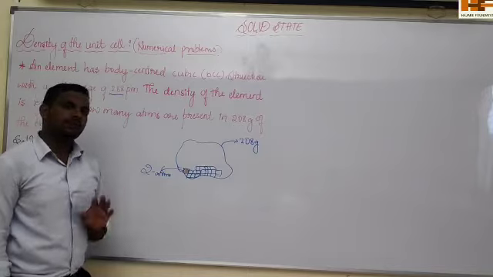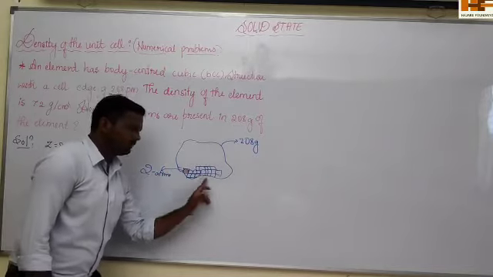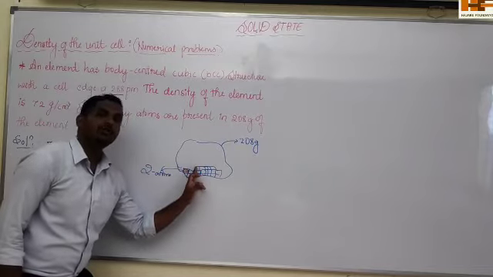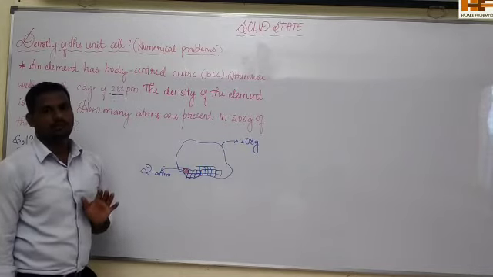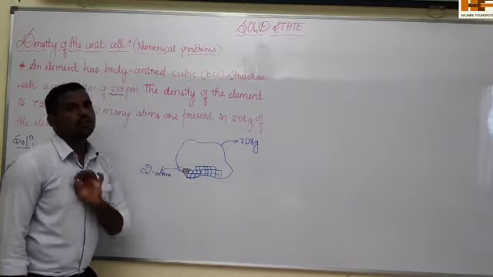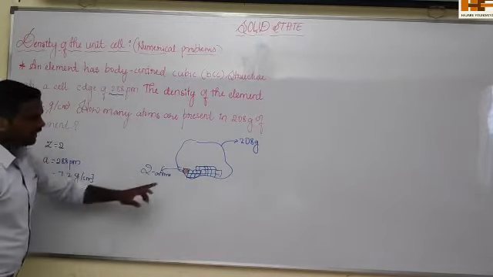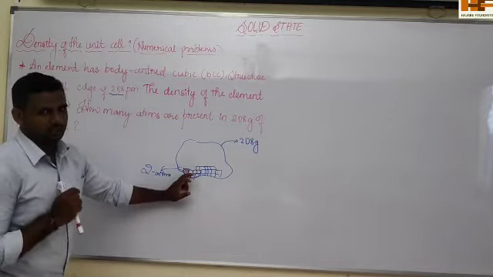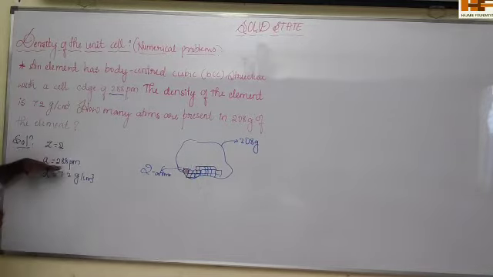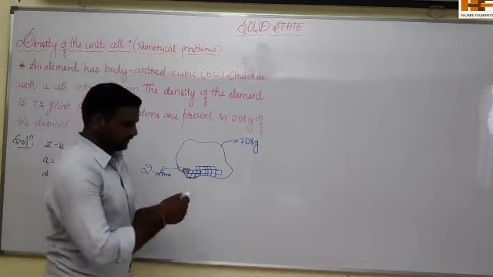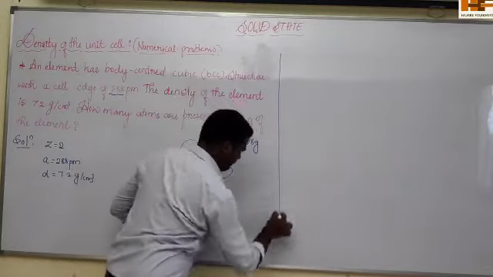For that, I should find out first the volume of this whole element. After that, the volume of this unit cell. That is also an important one. To find out the volume of the unit cell, what is the requirement? I have to find the volume of the unit cell by using the edge length. They are given the edge length here. So the edge length is 288 picometer. For that, I can calculate the volume first.